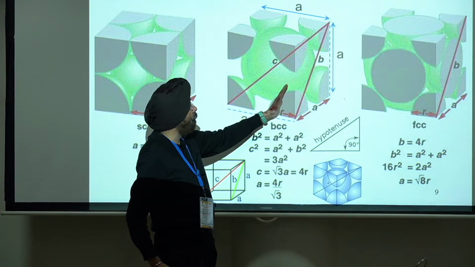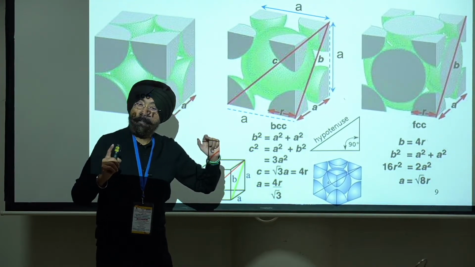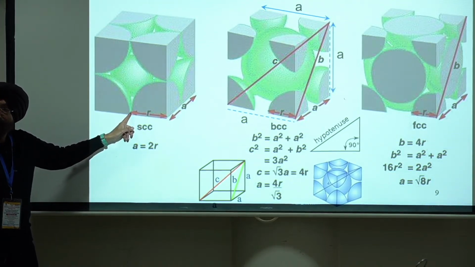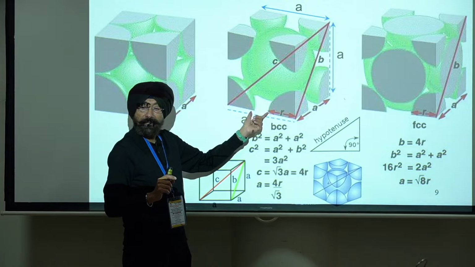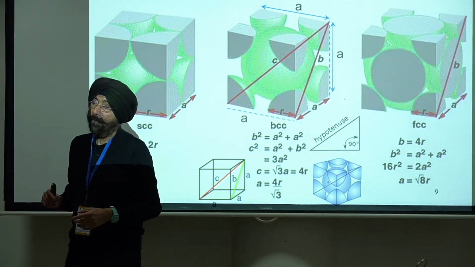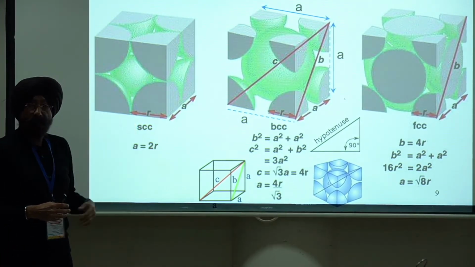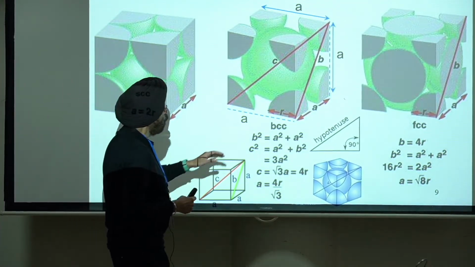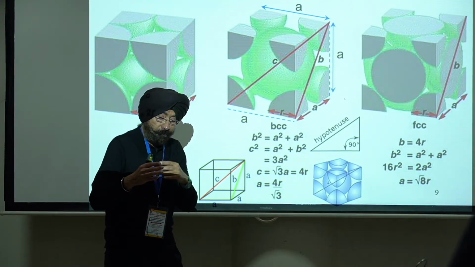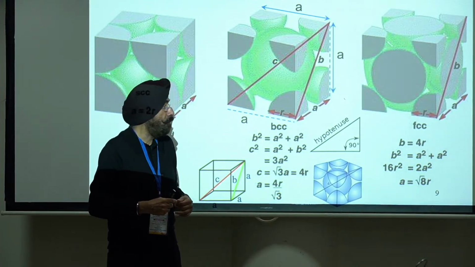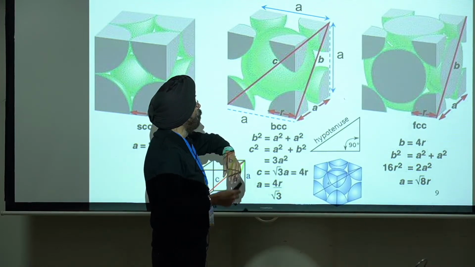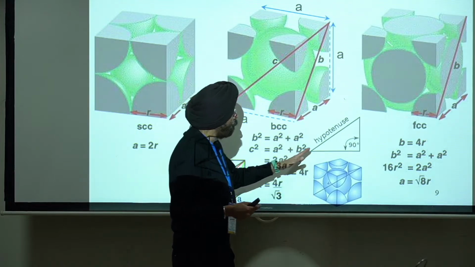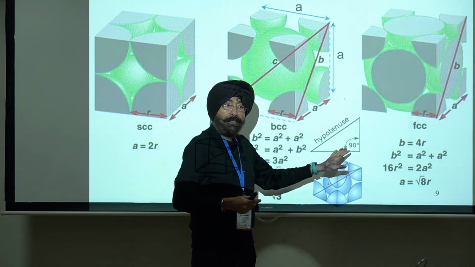In the case of the body-centered cube, that is not the case. The surfaces which you see are not touching over here, so there is a space over here. Therefore, you cannot use that formula right away to correlate between the radius of the atom and the edge length. And then you have to take another mathematical treatment: we can draw a simple triangle